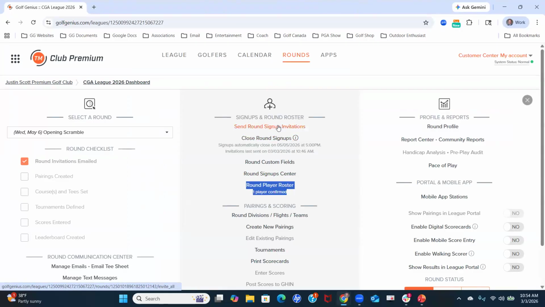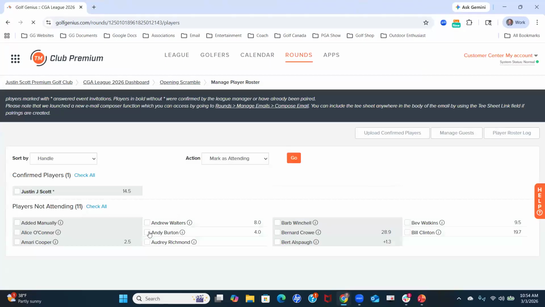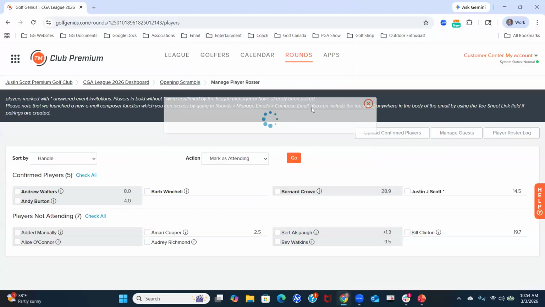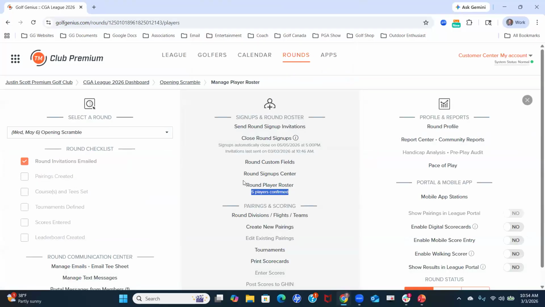Let's say rounds close. Let's say a handful of these golfers have gone ahead and signed up for this round via an invite. I've got 5 players confirmed. It's 2 days ahead of time and round signups have closed, or it's 3 days ahead of time and I'm a little light on players. I can always send that round invite again, and those golfers who have not accepted a round invite will be sent another invitation asking them if they would like to play in this particular round. If rounds have closed,